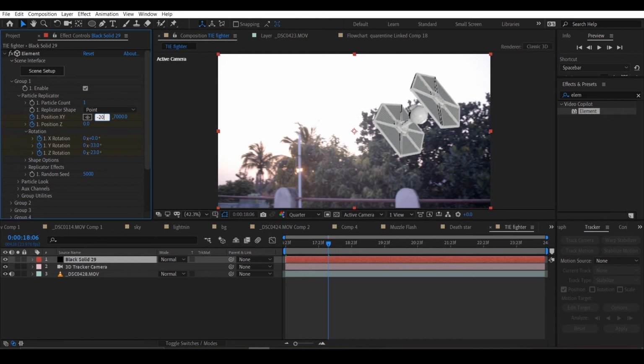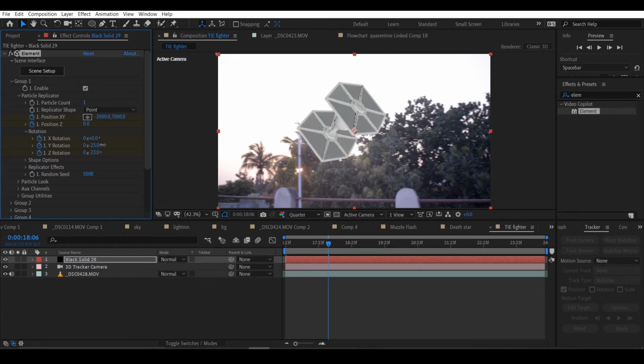So after some frames, I'll change the value of XYZ and rotate it a bit. I'll make it go from right side to left side and then go upwards like that.